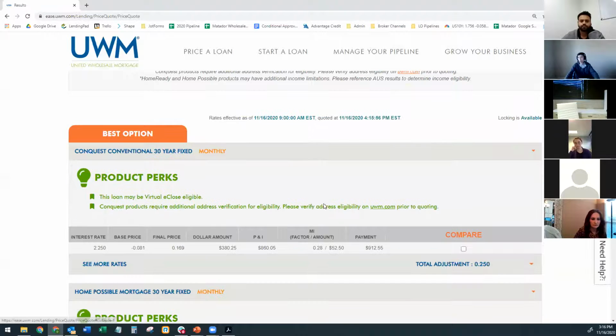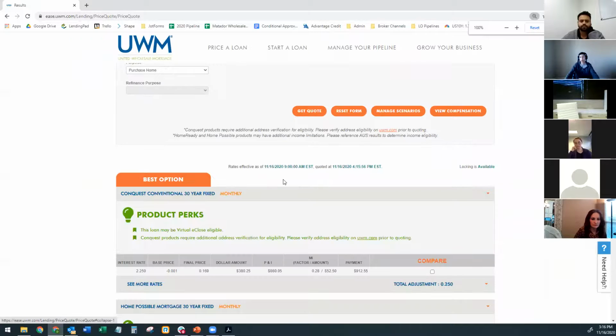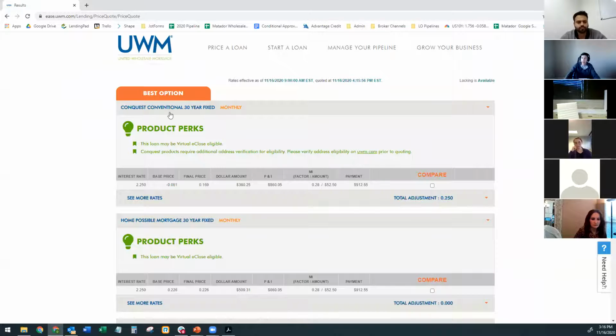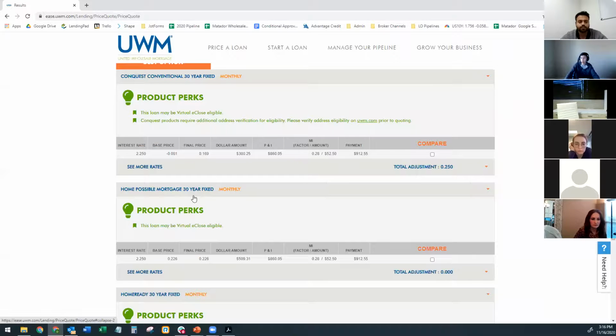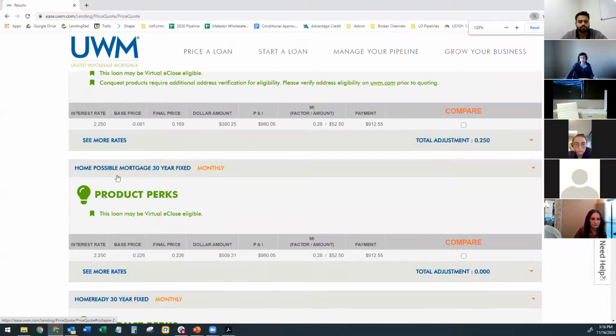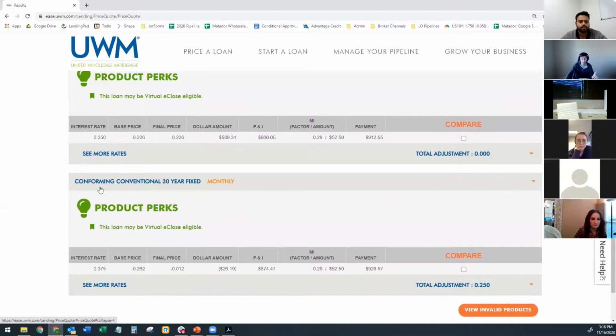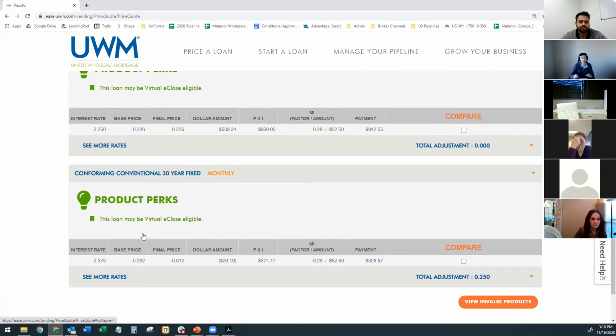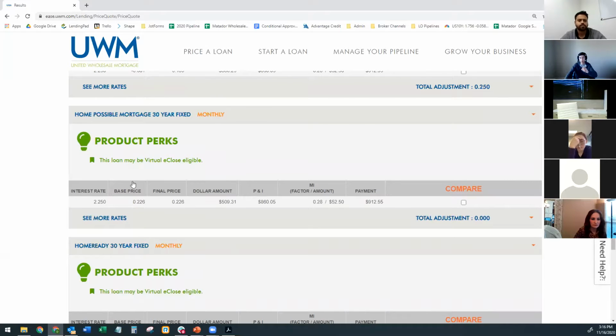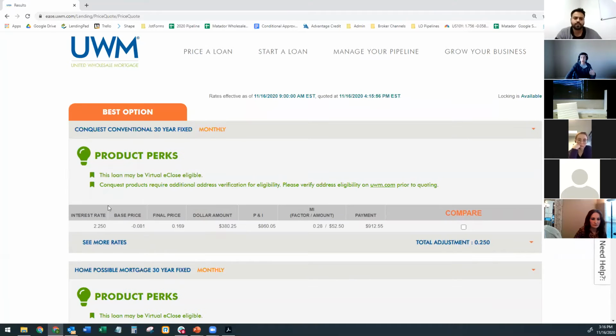Now right below here, we're going to see all the options that they're going to give us, and these options are going to be in the blue right here. This is their Conquest conventional 30-year fixed mortgage. Then they have the Home Possible mortgage, which is that first-time home buyer program. I'm going to zoom in a little bit. Then they have Home Ready. Then they have their regular conforming conventional loan, the non-Conquest program. We're going to go through the difference between Conquest and non-Conquest in just a second. So if we open up Conquest,